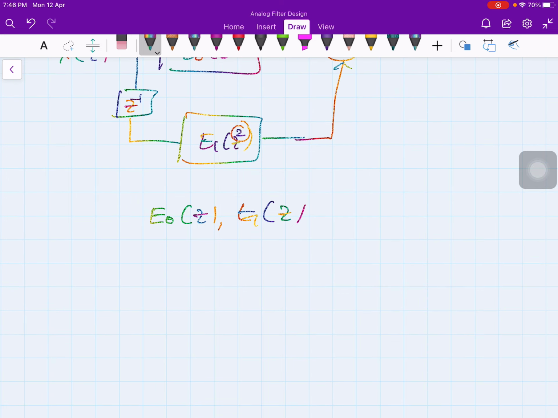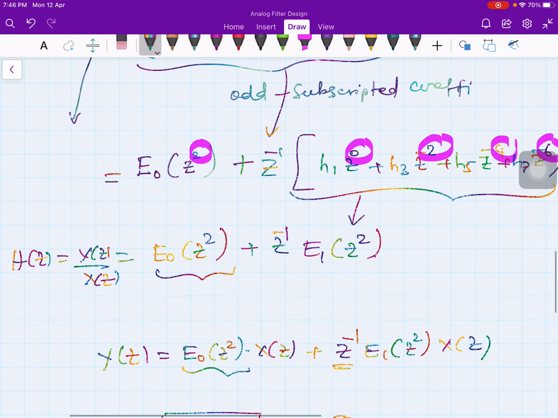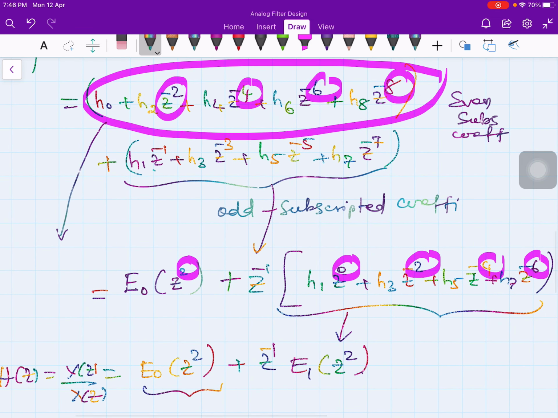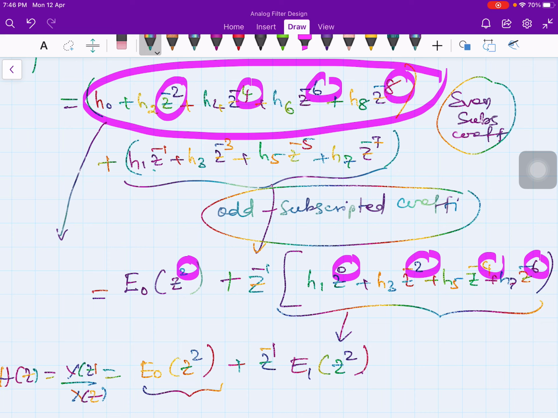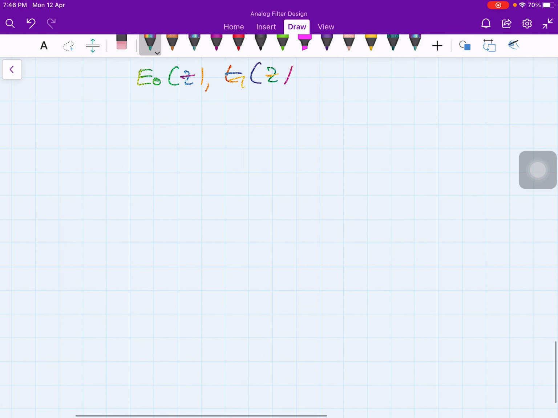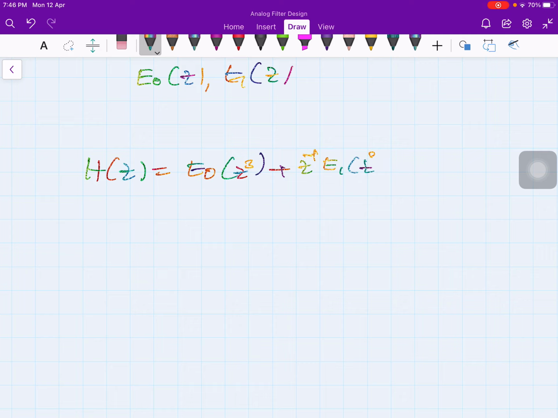And there is nothing sacred about breaking up into two transfer functions. So here we have broken up into two transfer functions, even powered subscript coefficients and odd powered subscript coefficients. I can also make a three-phase decomposition. It's not that you can make only two sets of coefficients. I can make a three-phase decomposition as H of z equal to E0 of z cubed plus z inverse times E1 of z cubed plus z to the minus 2 E2 of z cubed,